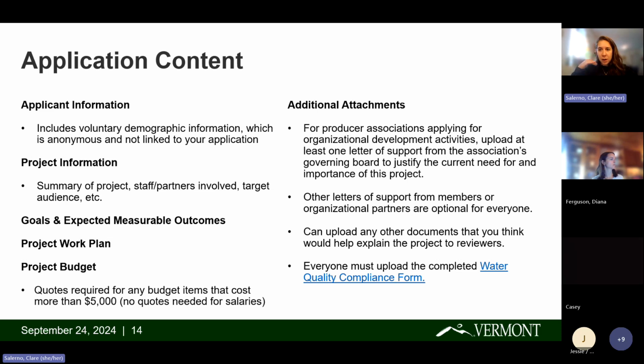The next piece is the work plan, which is just a step-by-step of the main activities that you'll be doing. And then a project budget for any of the grant funds that you'll be using. And there is no match requirement, but say that you are applying for the max amount of $75,000 for work that actually is going to cost $100,000, we would ask that you document that additional $25,000 in the budget so that you can say what it's paying for and where it's coming from.